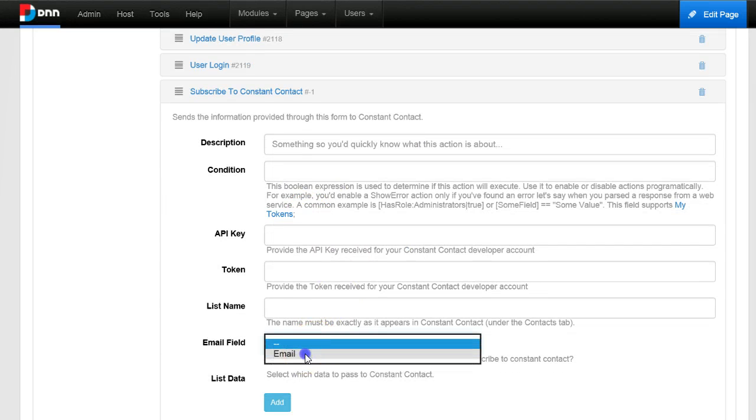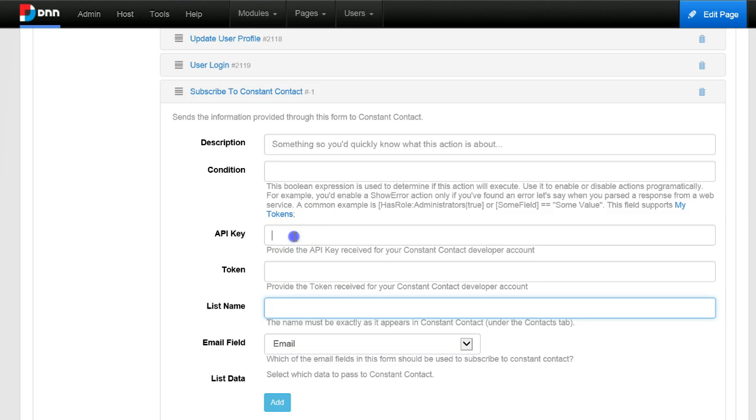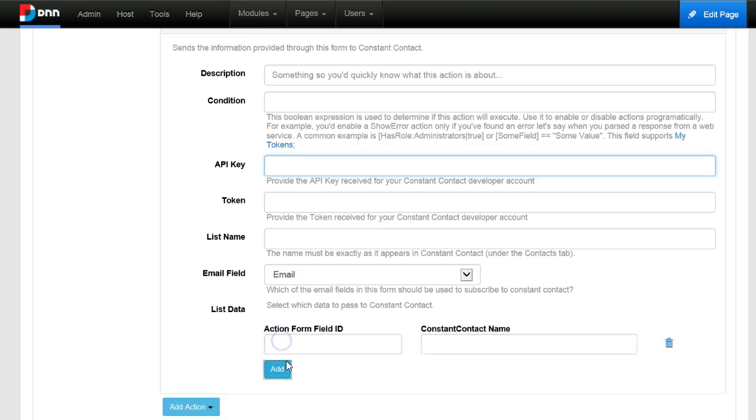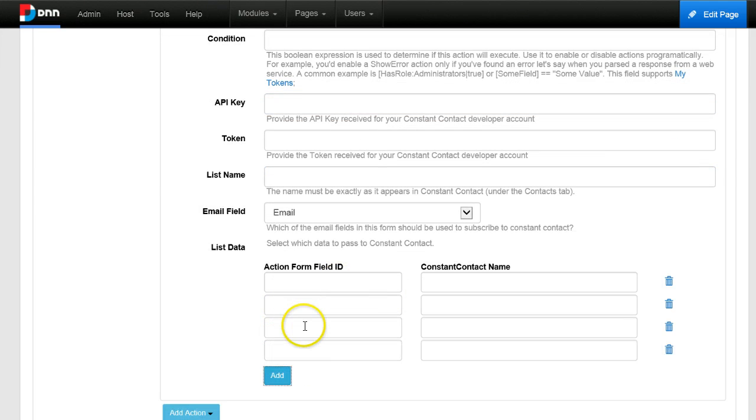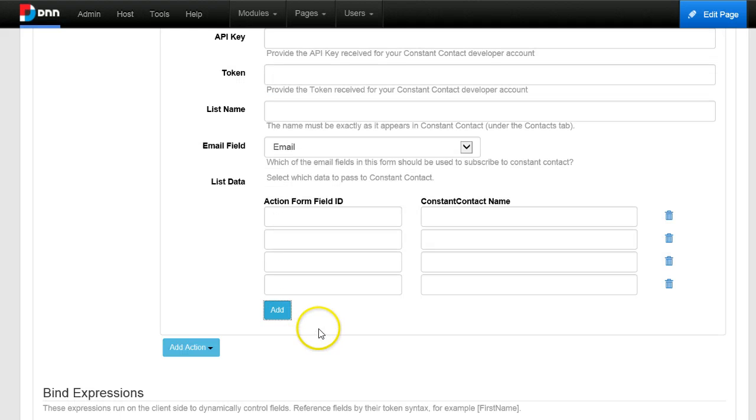And then which one is the email field? Just one email field, the list name, the API key, the fields that we've already used, and then you can start appending like first name, last name, phone, and all the fields from the registration form that you wish to pass into constant contact. And you can also use tokens, like for example, let's say you want to pass the user ID, you can use user ID,